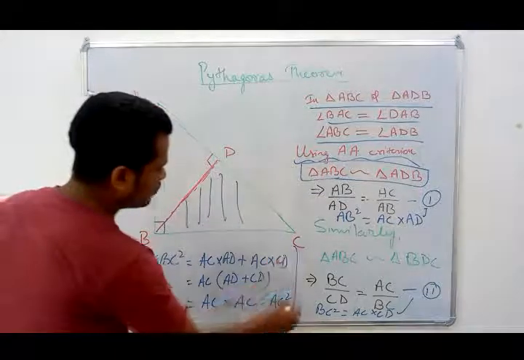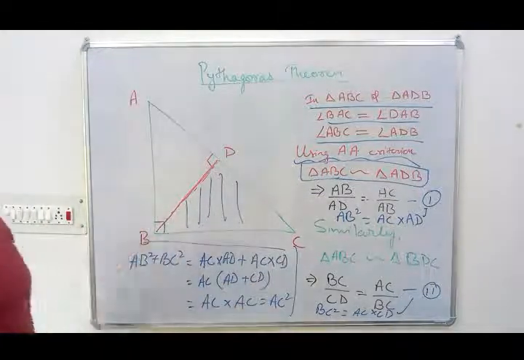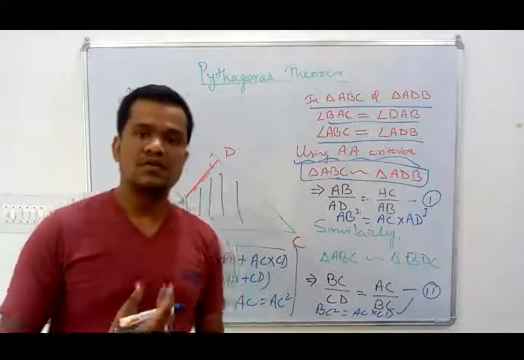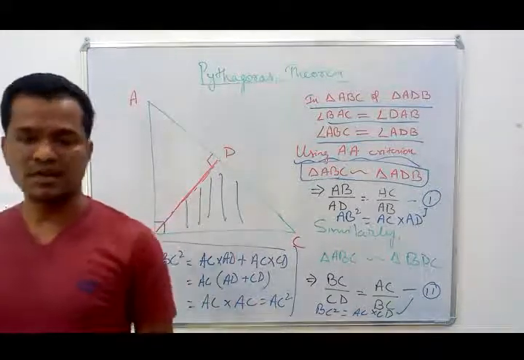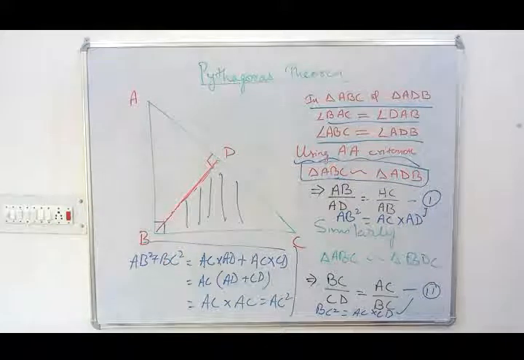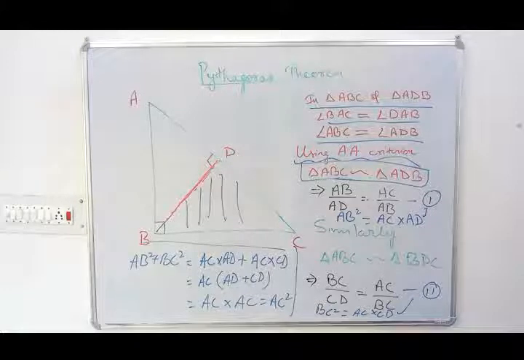So this is what you need to prove for this Pythagoras theorem when we are using the property of similar triangles. In other books you can find some other ways also, but it's up to you: if a particular way of proving this theorem is justified, and the question asks for the proof under similar triangles, then we can use this method also.